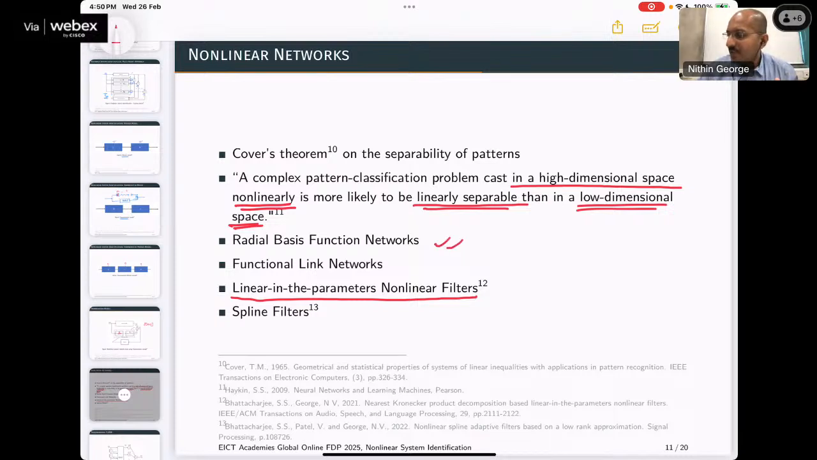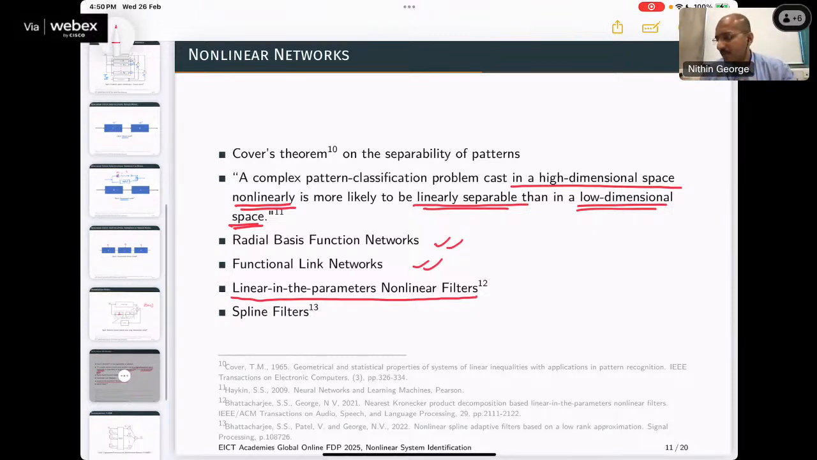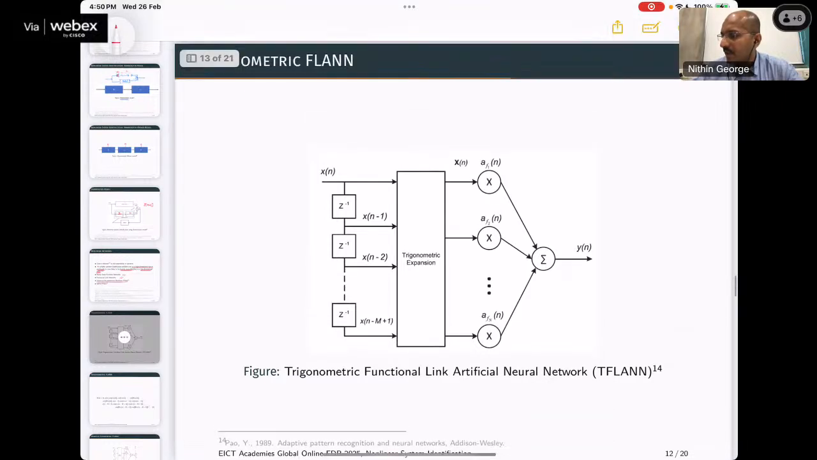So all of these networks like functional link networks, spline filters, LIP filters, all of them typically use this idea. The idea is that you go from a low dimension to a high dimension and then see whether it becomes much simpler or not. For example, if I think of a FLAN, or functional link network, you have already seen these red points and these multipliers in the previous filter. If this box in between, which is written as trigonometric expansion, was not there, it is the FIR filter only. But now we deliberately introduce this box in between, called a trigonometric expansion, where what we are doing is,